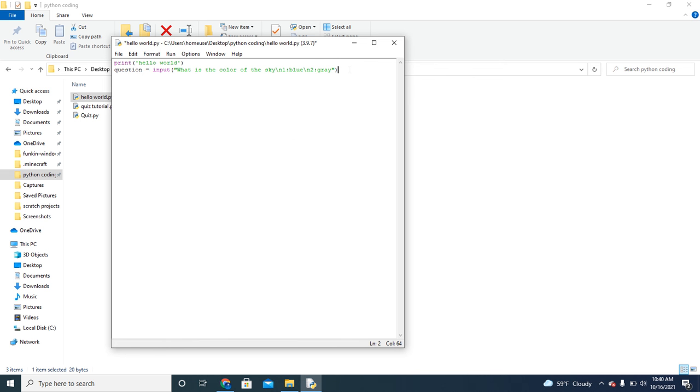Now we're gonna write question equals int, parentheses, question. I don't know exactly what that does, but I think it makes it a variable. I don't know. So yeah, now I'm gonna write if